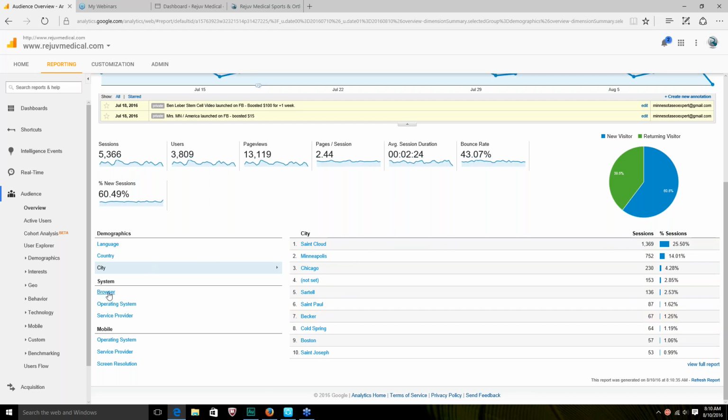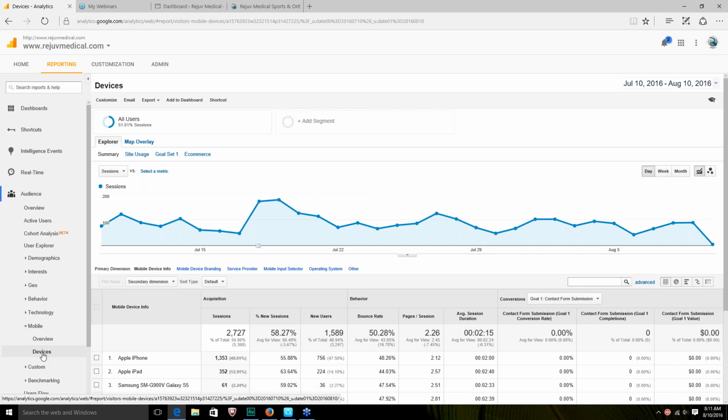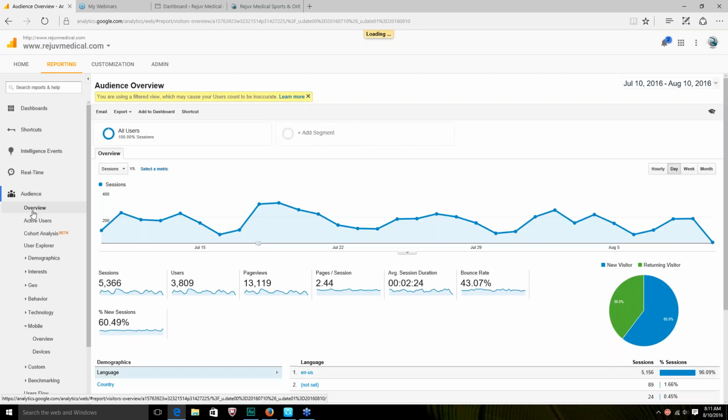You can also look at the browser, where people are browsing from. So the people that we have are using Chrome and Safari, and even Internet Explorer. The operating systems, things like that. Here's the mobile section that I talked about. And also, if you go over to the audience overview and you go to mobile, you're going to be able to see the devices that people are on. So for us, a lot of people are on an iPhone, then the iPad, and then some Androids. Okay,